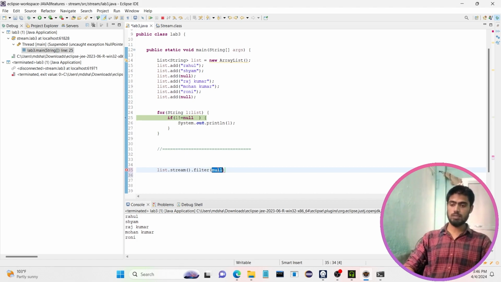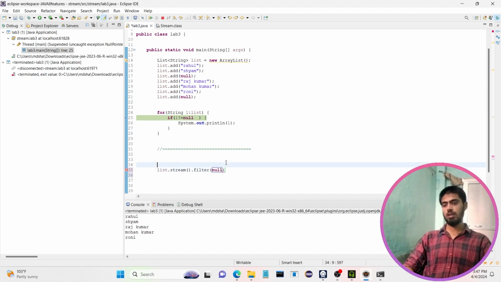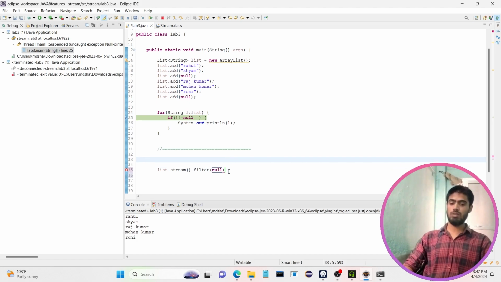So what are the ways? Again, those four ways. Either write the whole lambda expression, or write the lambda expression, store it in a reference variable and pass that reference variable. Use a method reference if available: if there is any method with that logic, use the method reference. Or store the method reference in a reference variable and use that. But now we are going with